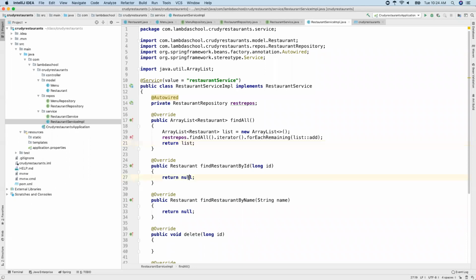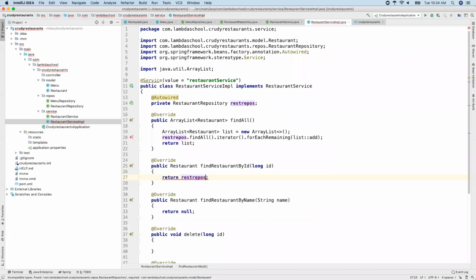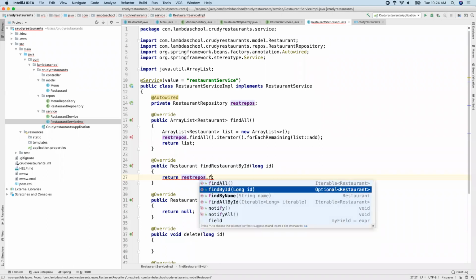Let's look at this one. This one's kind of interesting. We're going to go to the repository again, and this time we're going to do a find by ID. Now notice a find by ID returns this optional. It's nice because an optional can be any class we have. It's not a problem. It'll return any type of class that we have, but we want a restaurant. We don't want some generic class. We want a restaurant. So how are we going to make this into a restaurant? Well,